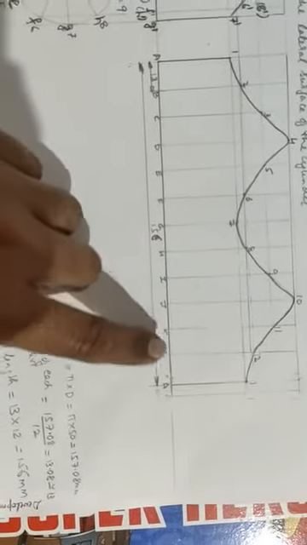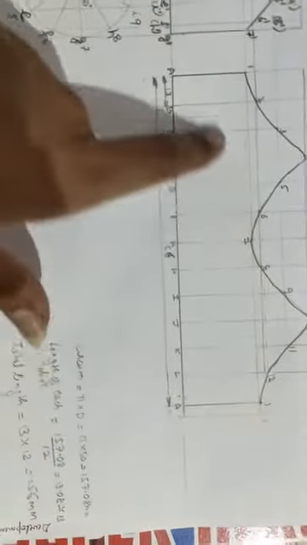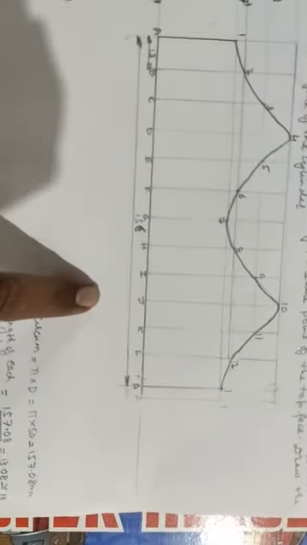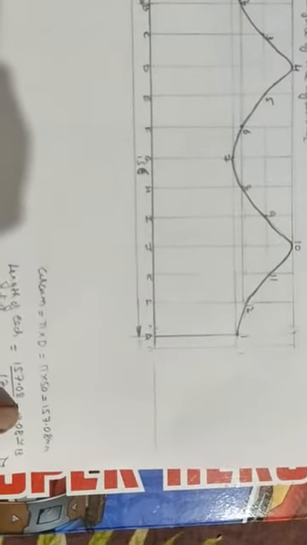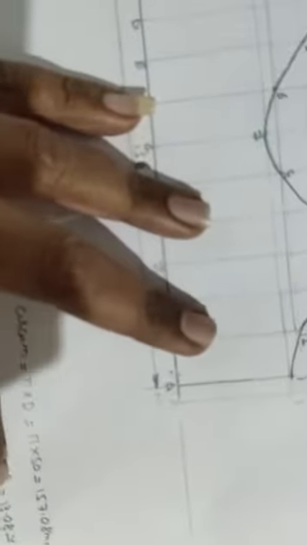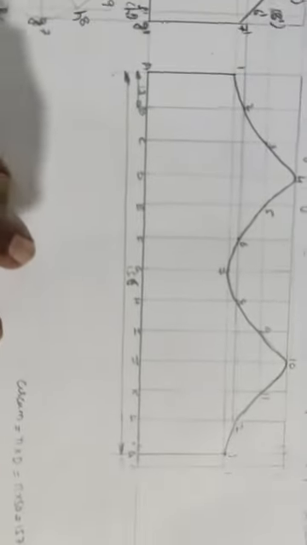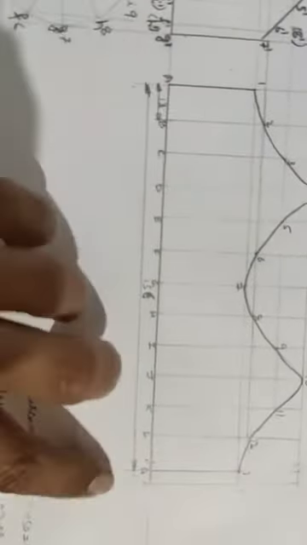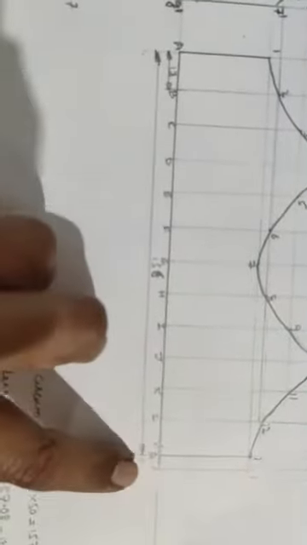So the first division is A, B, C, D, E, F, G, H, I, J, K, L and again A. All are at 13 mm, total length is 156. In the software you can take it accurately as 157.08 mm, and each division as 13.08, but manually we cannot have that accuracy. You can see A is repeated here because that is where you are going to fold and then weld it to get this cylinder.